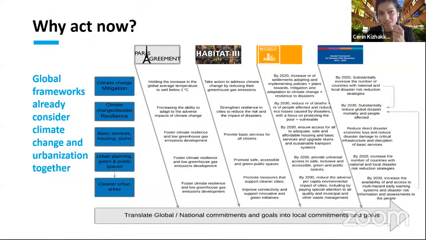Why act now? Why is it actually critical? And why do we have a global climate crisis where we have Greta Thunberg standing up? And why is it important to act now? We now are looking at a unique time of a global framework where different development agendas are coming together. We have the 2030 Agenda for Sustainable Development. It was launched in